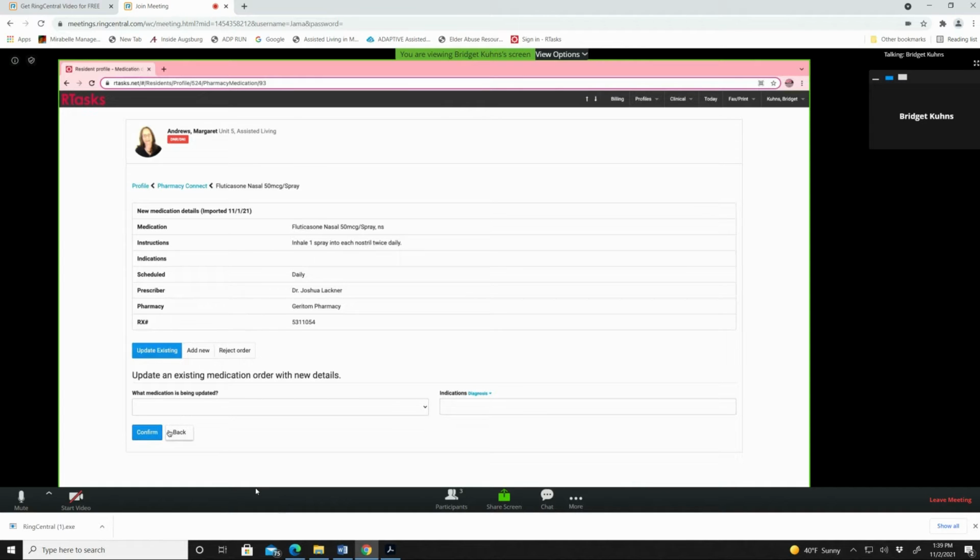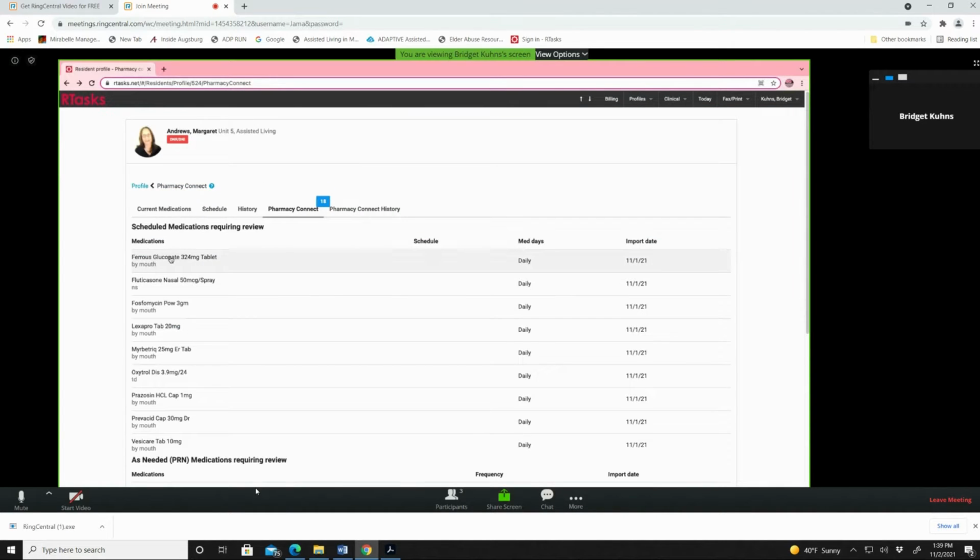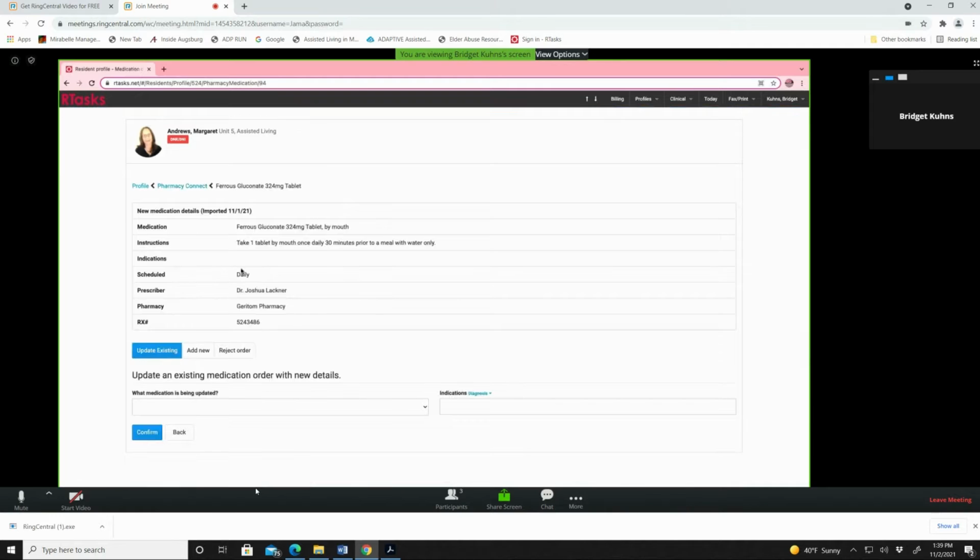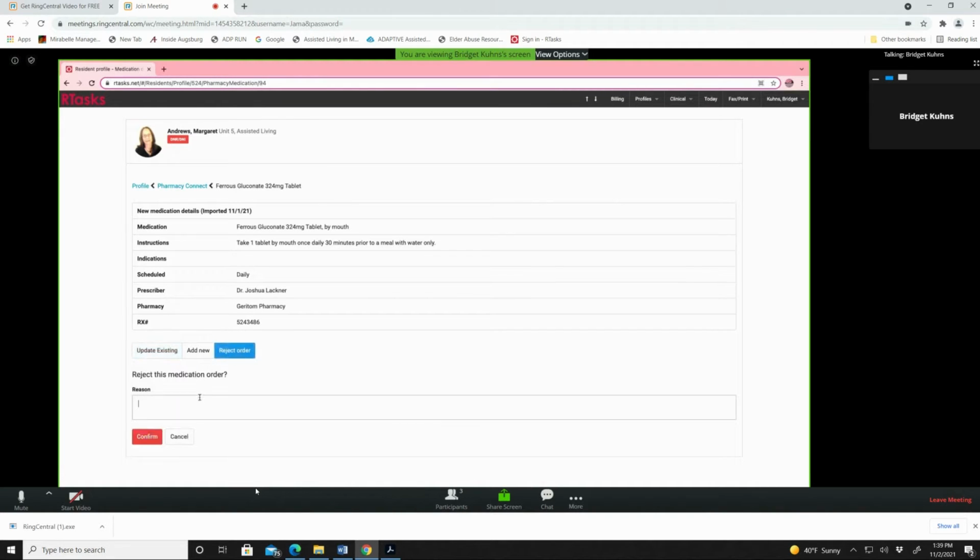Now, this medication that you don't know for sure if she's taking, this ferrous gluconate, if you verified that maybe this was an old medication and she no longer takes it, you could click to reject the order, and you can put a reason such as discontinued or whatever the reason is. And you can confirm that, and it just won't add it to her medication list, but it also does not send it to the pharmacy to let them know that you rejected the order. Pharmacy Connect is a one-way communication system from the pharmacy to your